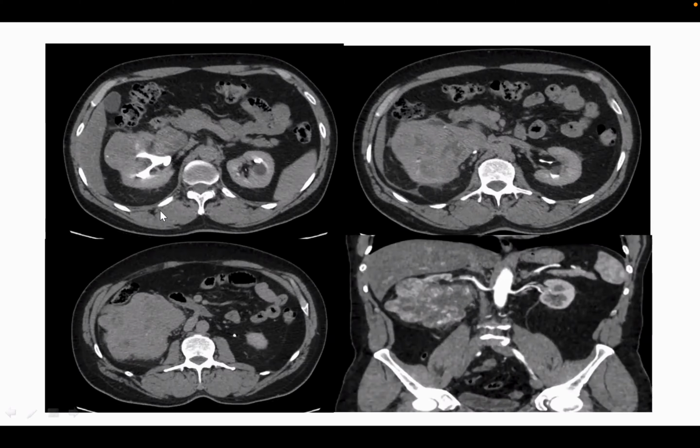Okay. You seem to be stuck on the right side, but I'm asking you the question on which I almost failed my MCh exam. What are the CT findings of a simple cyst? Sir, a simple cyst will have a hairline wall without any evidence of septa or calcifications. Within the lumen, there should be water density without any evidence of solid components, and there should be absence of contrast enhancement.